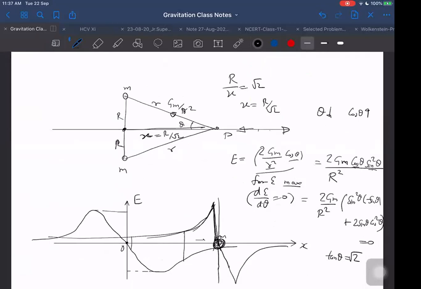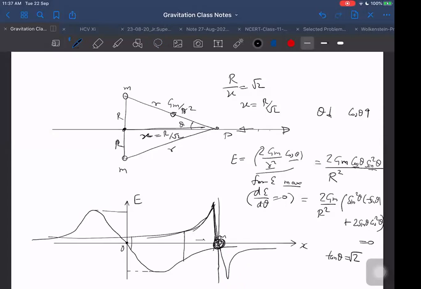Inside the mass, it will be always 0 or not? We are going inside the mass also. If you want to make the complete graph, then I have to pass through a point inside the mass. And if I go inside the mass, then there it will become 0 also in between. Now this graph is not exactly right. Means you attend where it is attaining peak. It is attaining peak at the circumference, at the surface of the body.